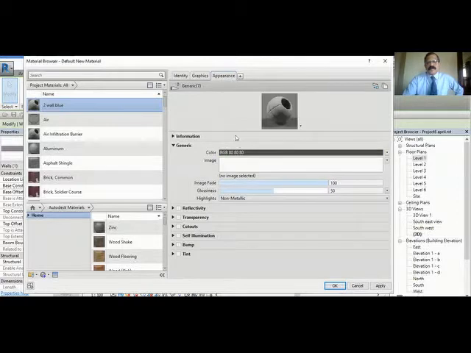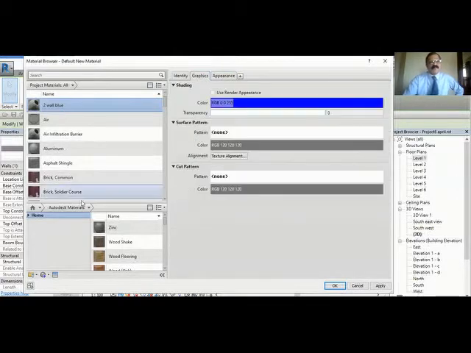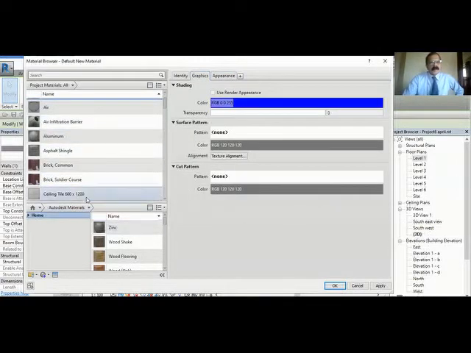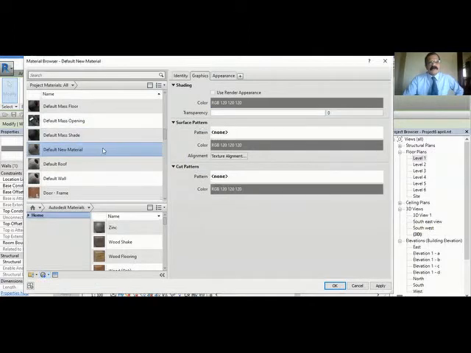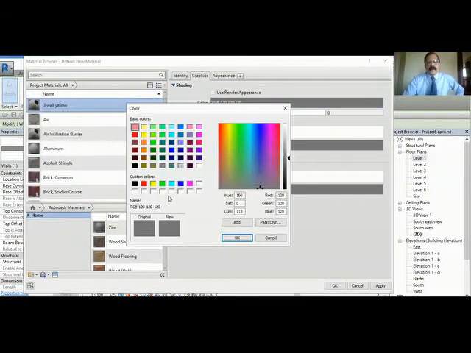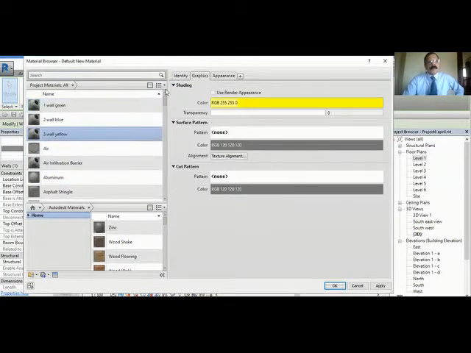So this is for painting purpose, everything. For rendering purpose, you have to use here also. You have to use the glass. I will come back to that. Okay, now we'll make one more. Create a new material. Rename this to wall yellow. Okay, so I have created it and I have to change the color to yellow. So I created 3 materials which you can see at the top: 1, 2, 3, green, blue, yellow.